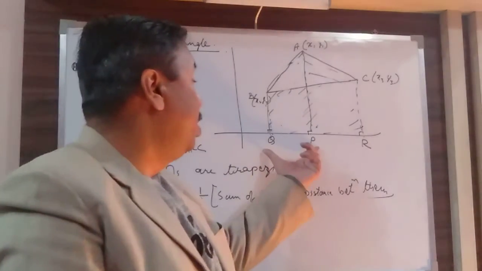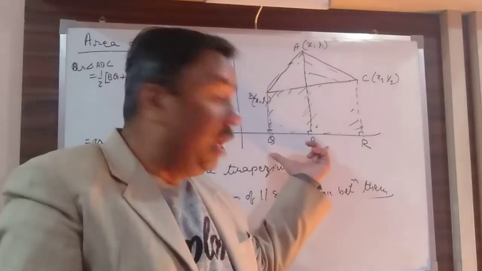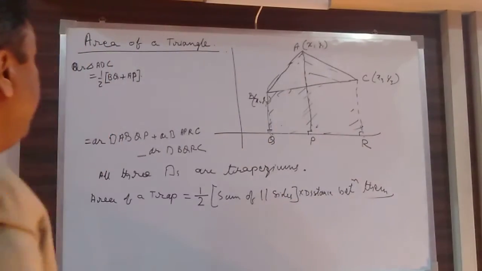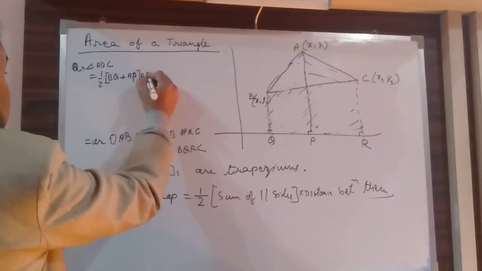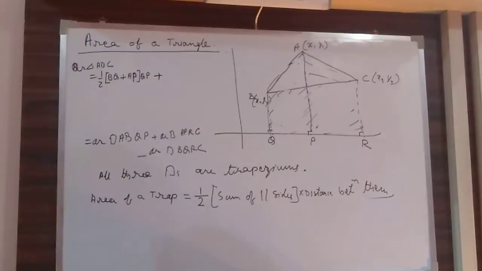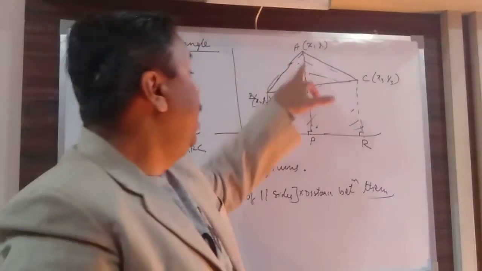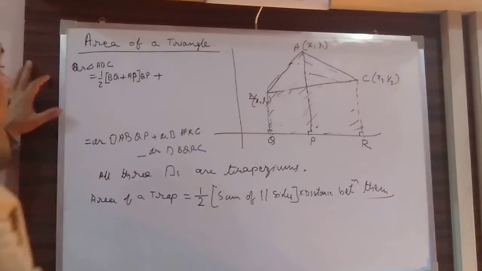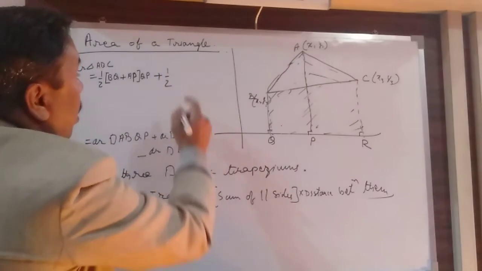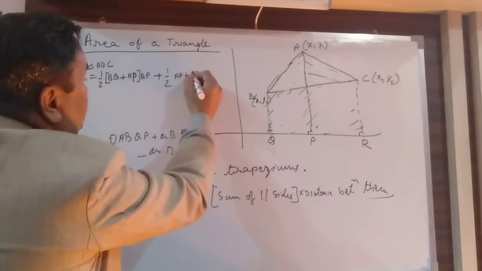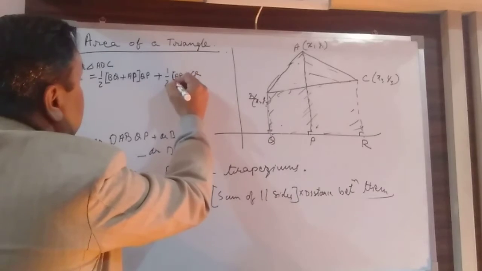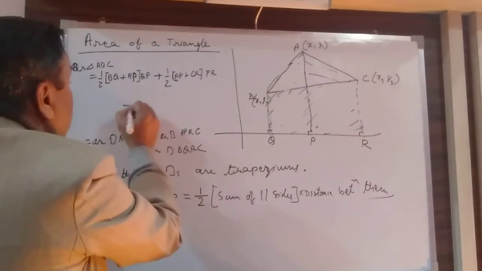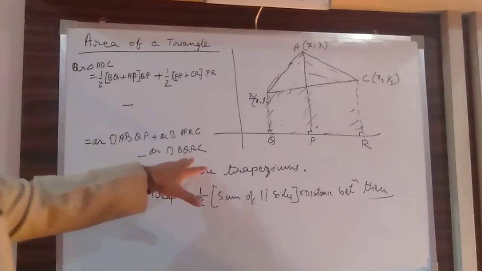Now what is the distance between these two parallel lines? That is QP. Plus the area of trapezium APRC, which will be half of AP plus CR multiplied by the distance between them, that is PR, minus the area of quadrilateral